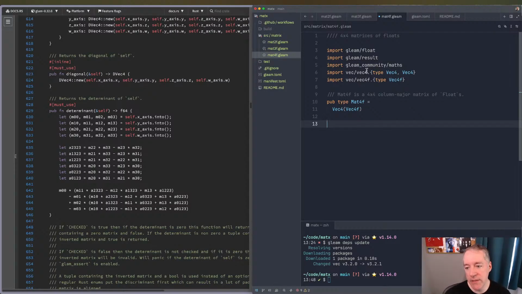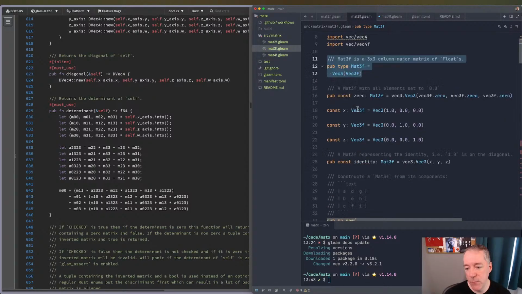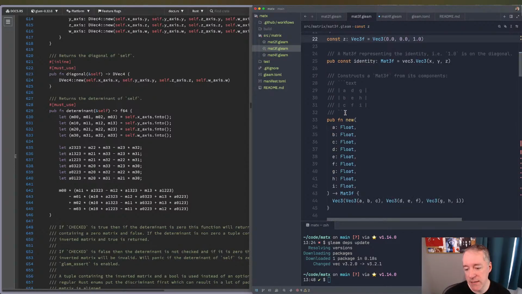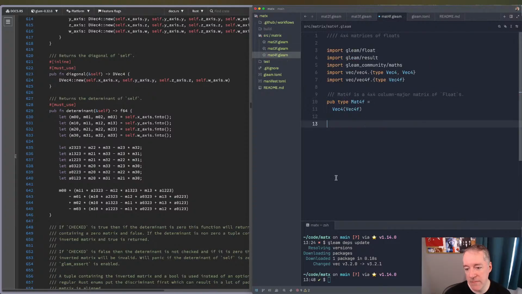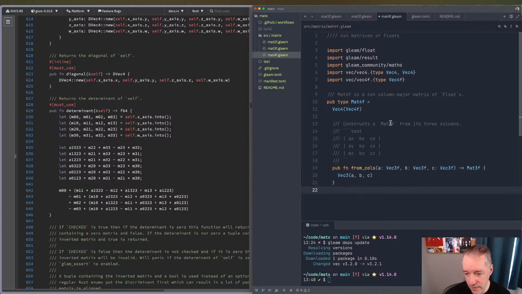So, you know, this has 16 spots in it. We could do a constructor like this, but I'd rather do a constructor like this. So let's go ahead and copy and modify that. And map 4F from its 4 columns. Okay. And we'll change those to Vec4F in a second. Vec4D. Okay, so